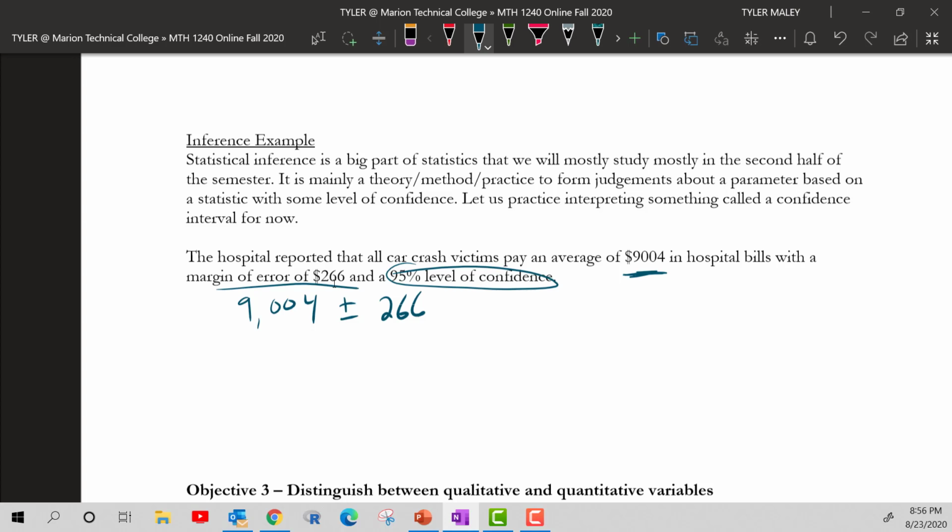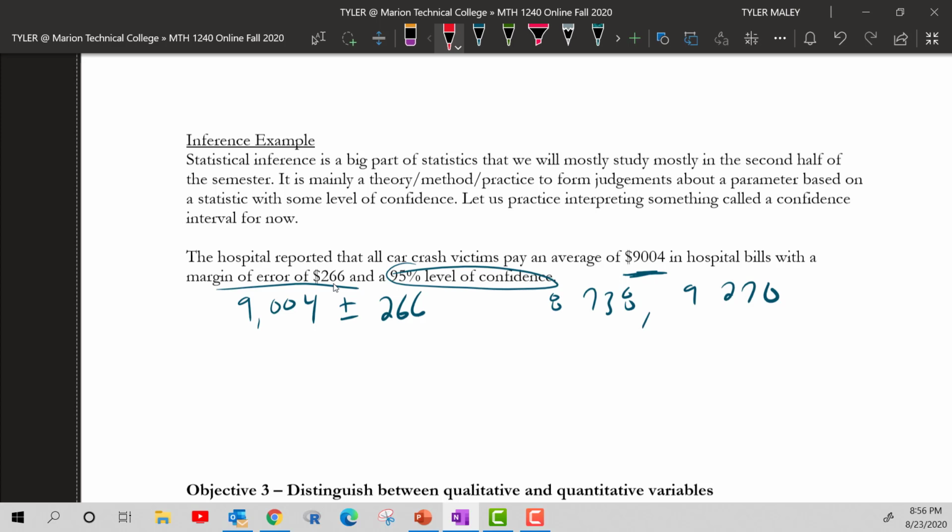So if you take 9,004 plus or minus 266, what you'll get is the interval 8,738, right? So that's found by taking 9,004 minus 266, and then if you add 266 to it, you should get 9,270, right? So we get these two values. And I guess really I don't need those commas here, so it makes that a little less confusing, right? So then what we could say